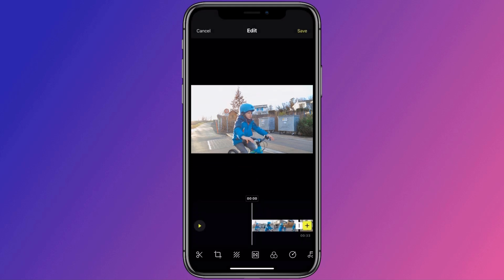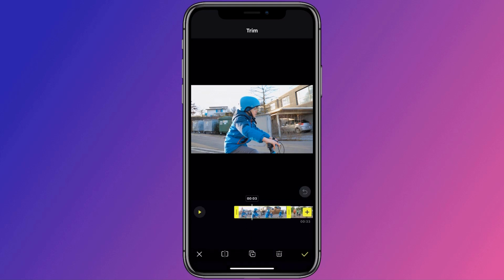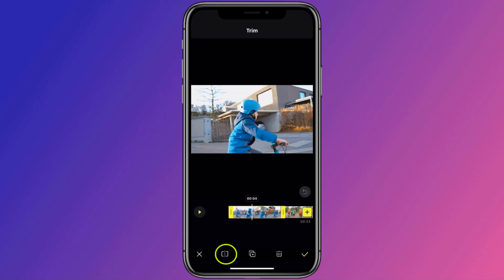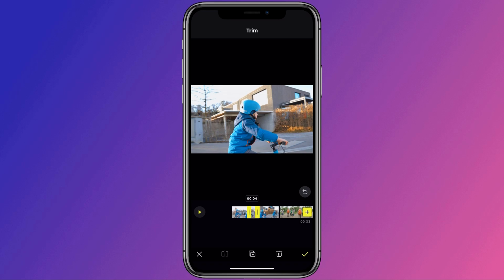After you tap on edit, you will see that the clips have loaded up right into the video timeline. Now the first thing you will notice is if you tap on the actual video clip itself, it's going to turn yellow. This is where you cut your actual clips or trim them down. Press and hold and move along until you find a place that you want to cut the clip, and then tap the cut icon, which is right here. After you tap on the cut icon, you can delete whatever clip that you want to delete, and I want to delete this part. So make sure that this clip is highlighted in yellow, then tap the delete icon.